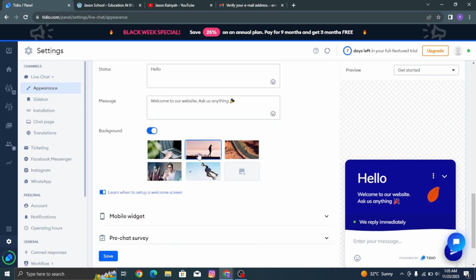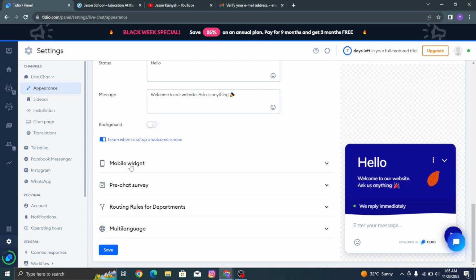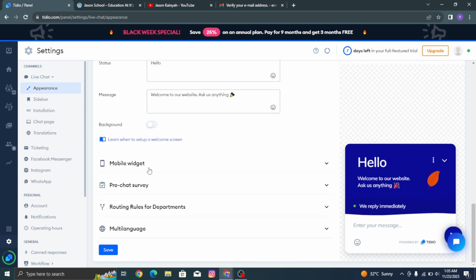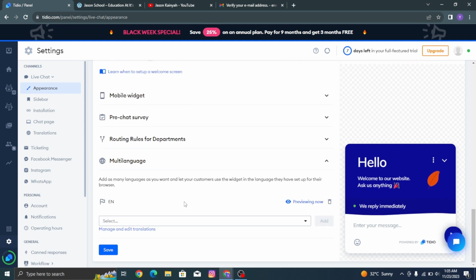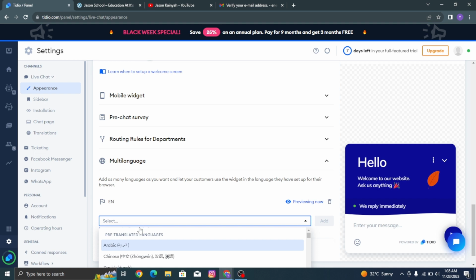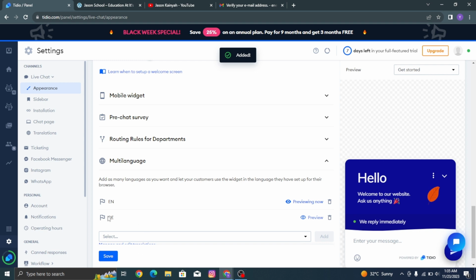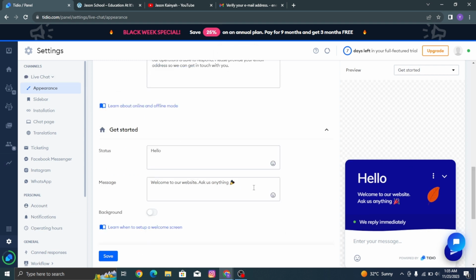So I can select this and I can select any of these images, and it's going to appear there like so. But we don't want a background, so I'll leave that. I'll go to mobile widgets. Everything on the mobile widget, we don't have to touch it. Everything there is okay, and everything here too is okay. But if you want different languages, you can also maybe select French, German. So I can just select German, and I can click add, and maybe people with different languages can also go through the same process. So that's basically how you can customize your